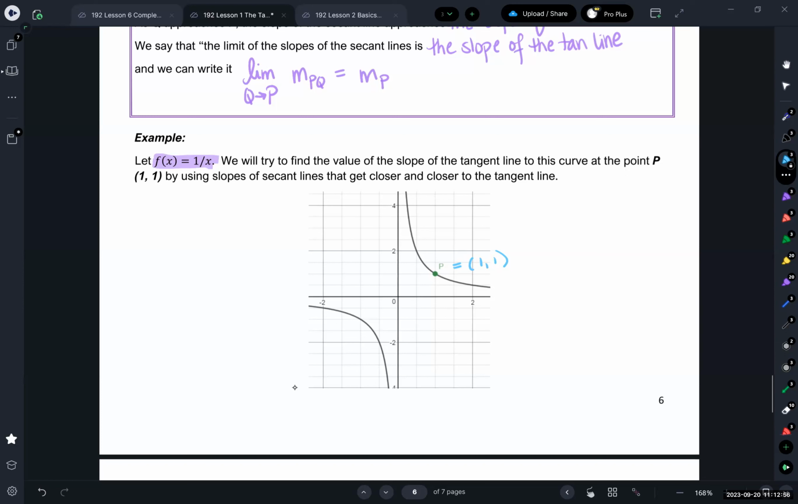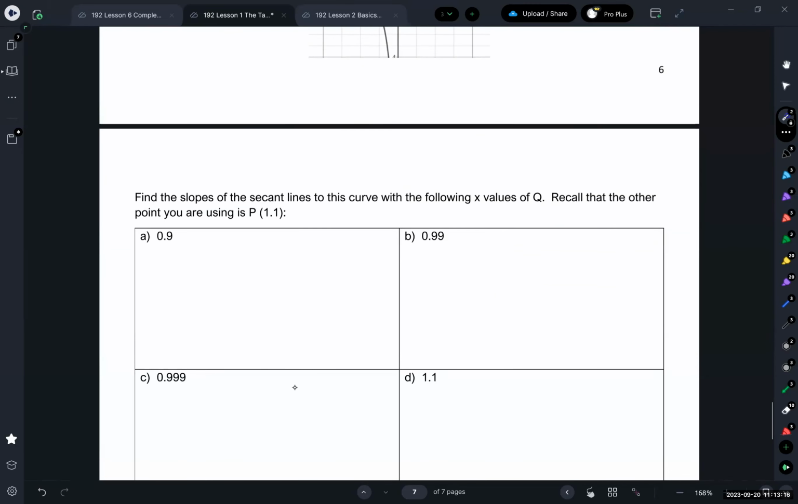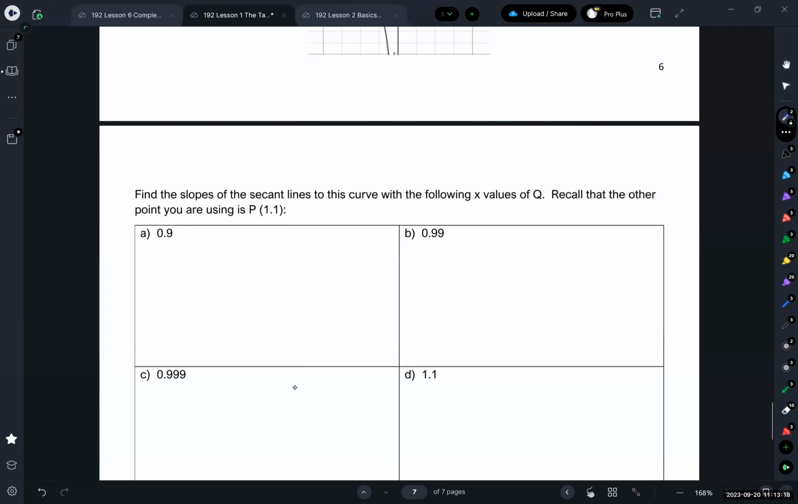And what we're going to do is we're going to come up with just some Q values, some of them that will be over here on the left side of P, and calculate the slope of those secant lines, and then some Q values over here on the right side of P, and calculate the slope of those secant lines. So I have some space to do that here. Let's make sure we understand what we're being asked to do. So we're trying to find the slopes